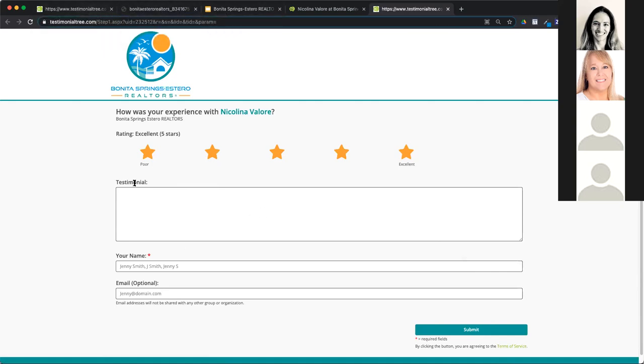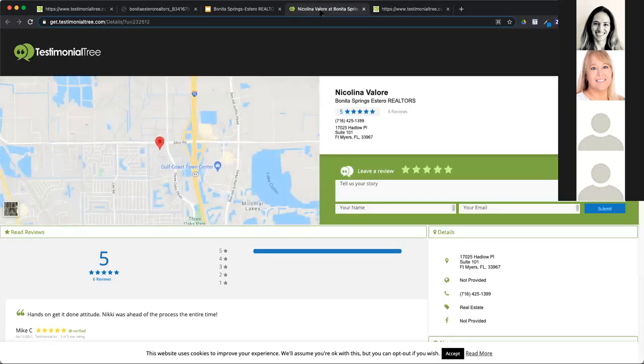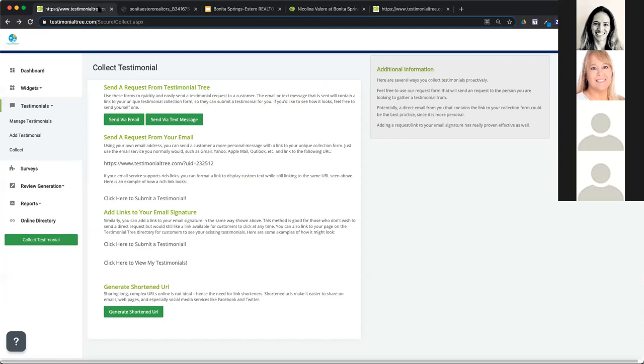Another place where our testimonials, if they're 4 and 5 stars, will auto publish is to your directory page. Every agent has a Testimonial Tree directory page. We've got your contact information. We can have your headshot here if we upload that into your account. And then we're going to auto publish all of your 4 and 5 star reviews to this directory page. And this is great because Google does crawl this page. And so now when potential clients are searching for you on Google, that directory page is going to help in